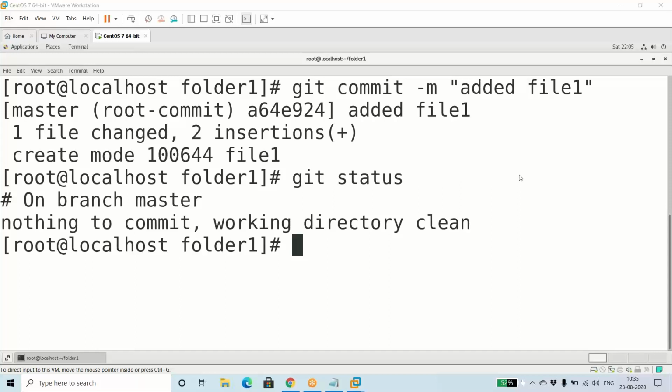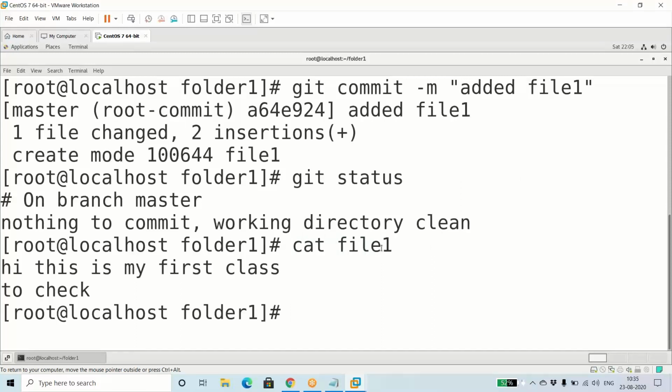No, it's a normal file. Commit means you are loading that file to the Git repository. It's a normal file, it doesn't have any extension like .ss or .py. It's a basic file. You can see that if I do a cat file one, see this in the output.